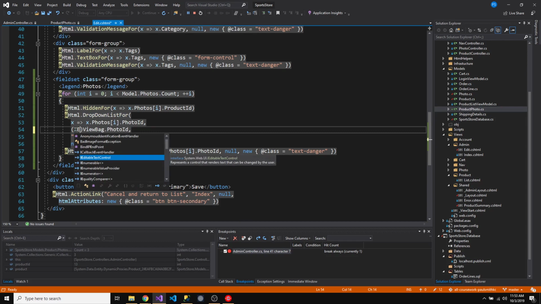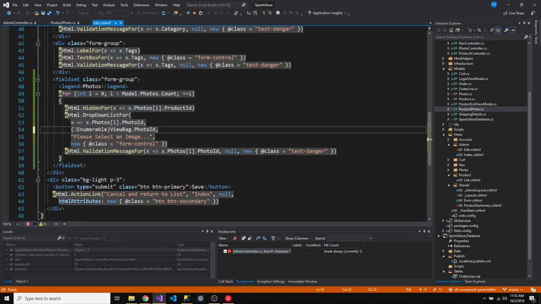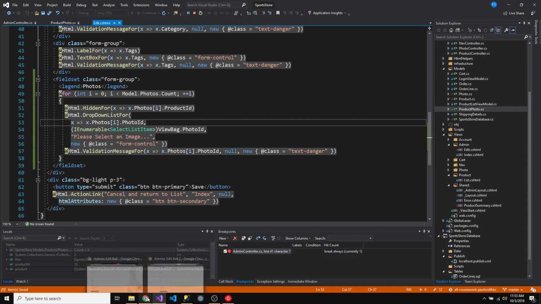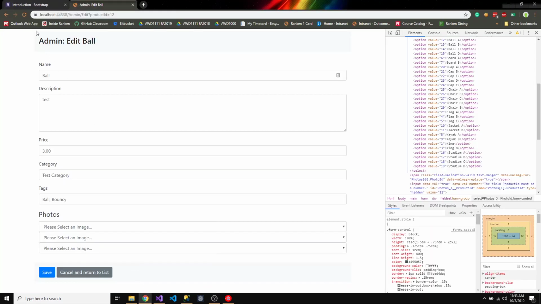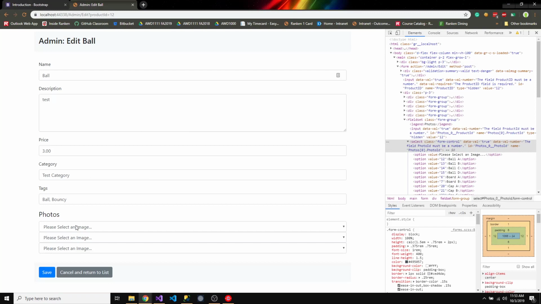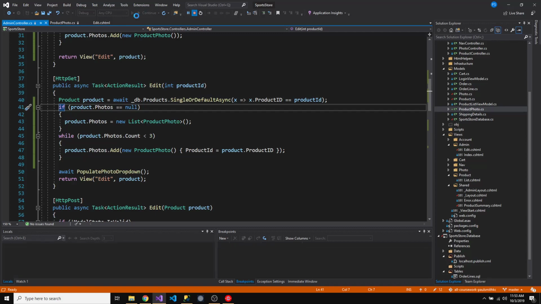enumerable select this item instead? Does that make any difference? So that doesn't make a difference. So what I may want to do,